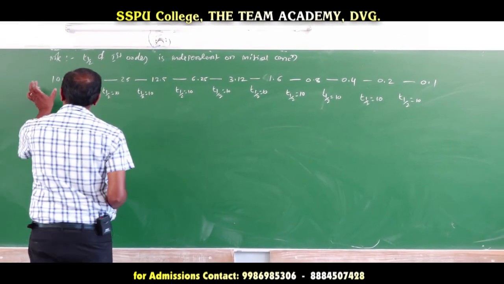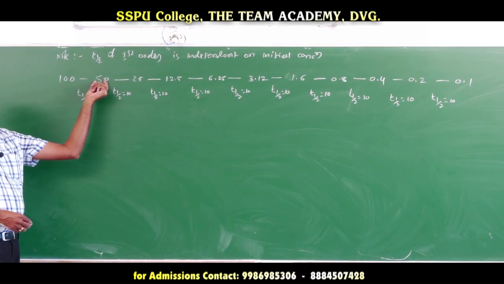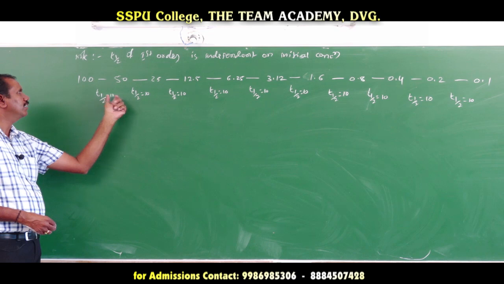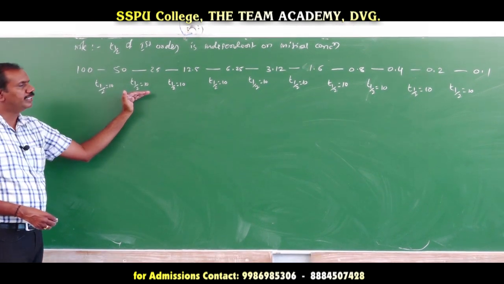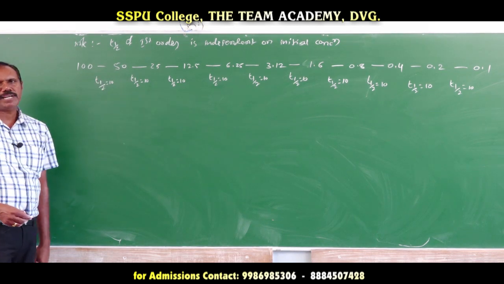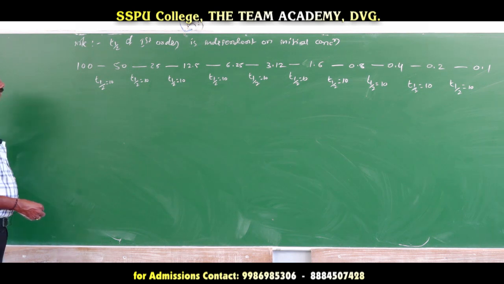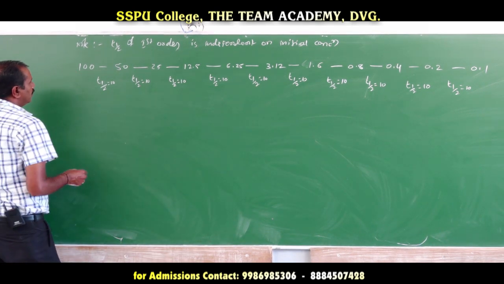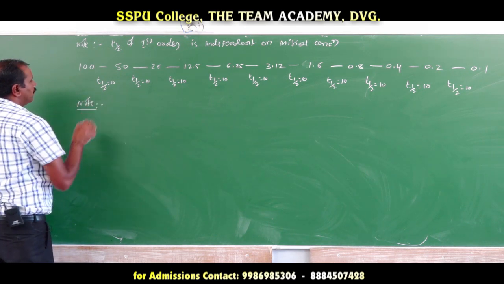See, if the concentration of reactant is 100, the time required to reduce it to 50, half of its value, is 10. 50 becomes 25, half of its value, then also 10, meaning the t half remains constant at different concentrations of the reactant for first order kinetics. So here for calculation we may write the relationship of t half.